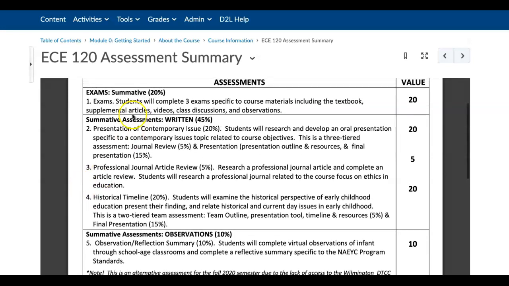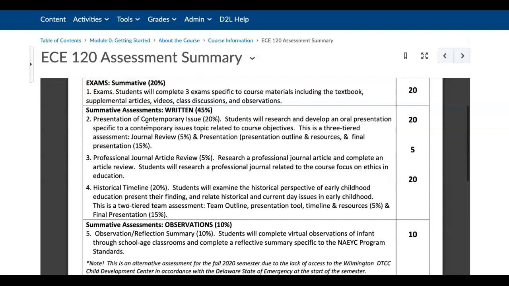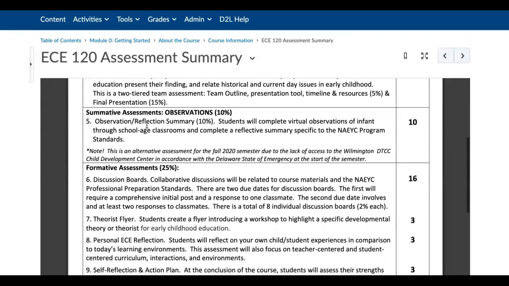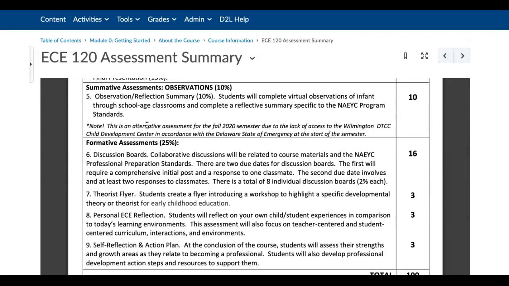So we have now reviewed the exams and the summative assessments, specifically written and presentations. Summative assessments specific to observations. Your observation and reflection summary is 10% of your grade. You're going to complete virtual observations of infant through school age classrooms and complete a reflective summary specific to the NAEYC program standards. Just a reminder that